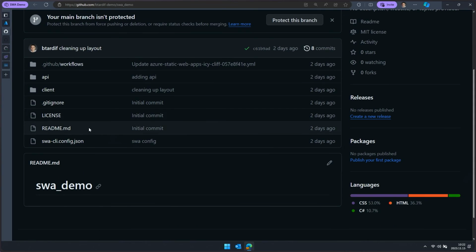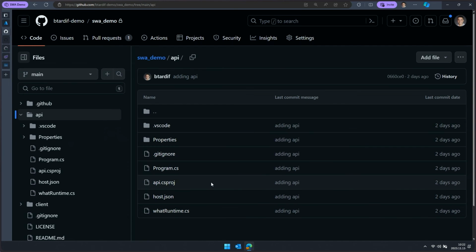And what I want to show here is this is my static web apps code. This is literally just like a very simple WASM, the default WASM template, and I've added an API. That API is basically just an Azure function that is going to be running and executing alongside my static web app. So in general, if you have static content and you want to add some dynamic that is server-side rendered,